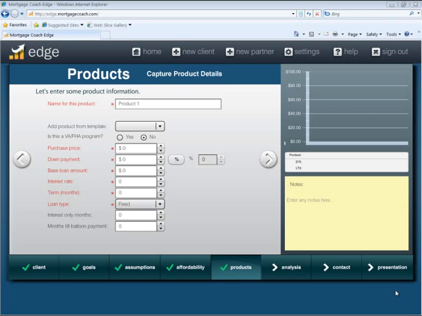This walkthrough is going to be a tutorial on how to do the cost of waiting presentation. Now, a cost of waiting presentation is just a basic total cost analysis comparison where you're showing a couple of different purchase options to your client, and so it's a way to get them off the fence because you're going